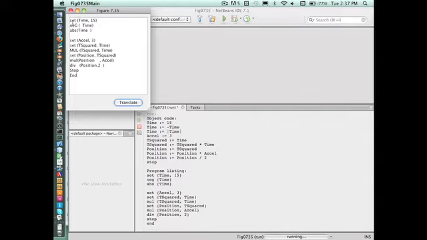So how did it translate set time comma 15? Time colon equals 15. And up here, how did it translate neg parentheses time? Time gets hyphen time. And how did it translate absolute time? Time gets vertical bar, time, vertical bar. And how did it translate set accel 3? It translated that to accel gets 3.